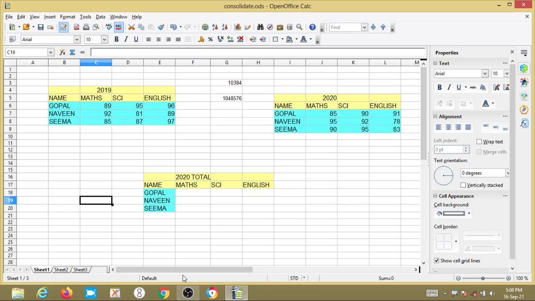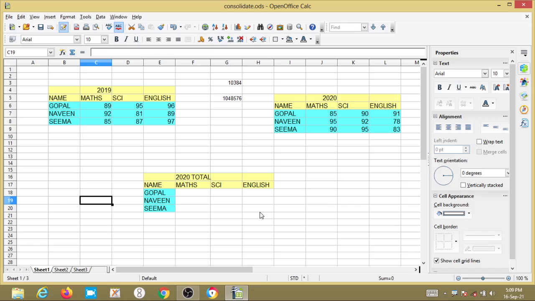Here we are using Apache OpenOffice Calc. This is the title bar, menu bar, standard toolbar, and again the format bar and status bar. A sheet is nothing but one page. It is also called a spreadsheet or worksheet, and a group of sheets is called a workbook. The features include autocomplete, which I explained in class, selections, ranges, and arithmetic operations.